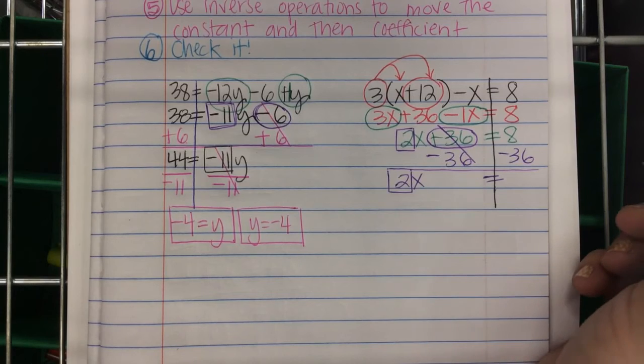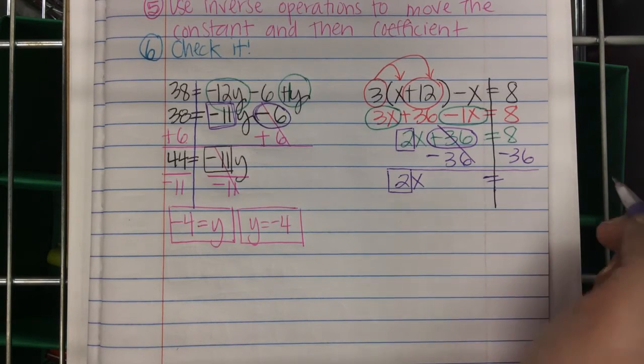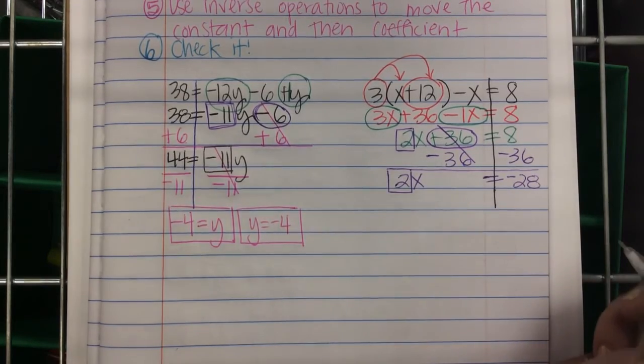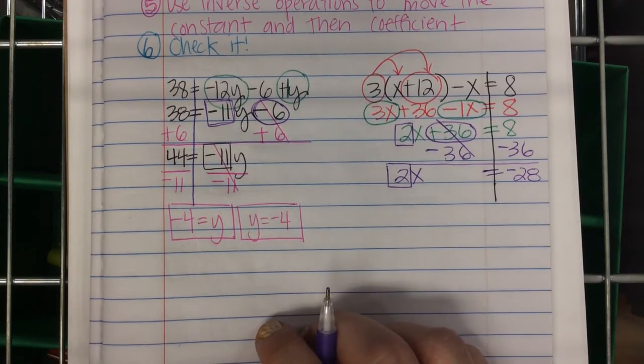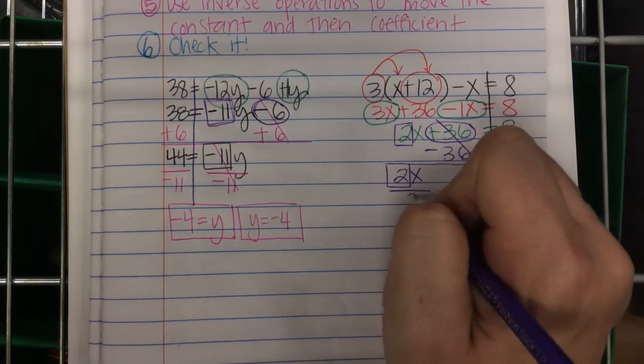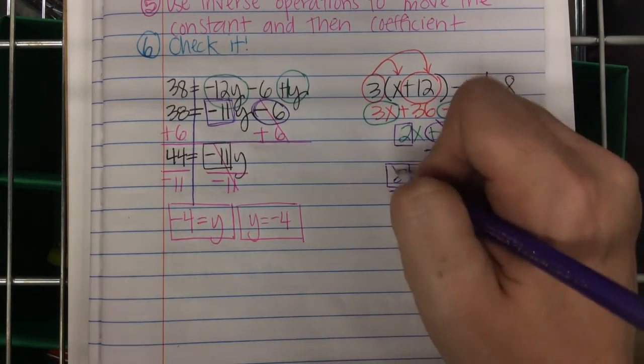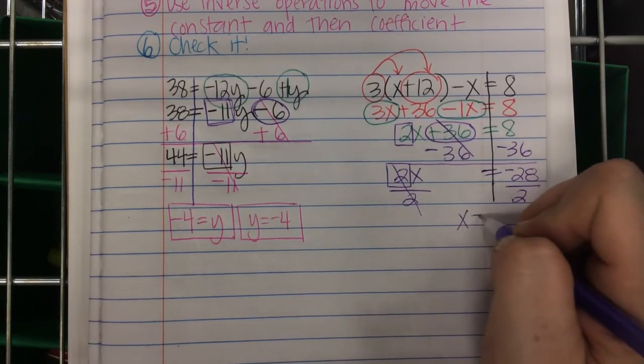Equals, what's 8 minus 36? Negative 28. Am I done? One more step. Divide by 2. X equals,